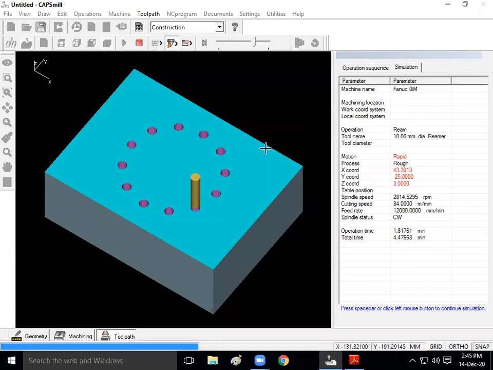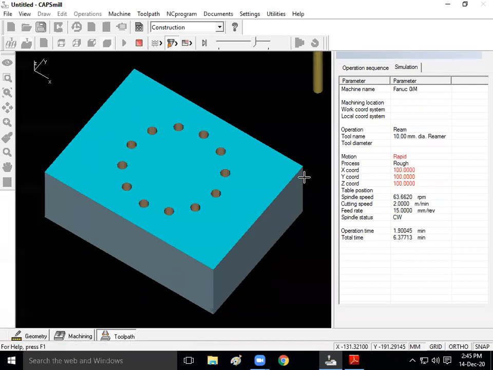So drilling has been done of diameter 9.5 mm. Next operation is reaming. Okay, so I'm going to simulate it once again.